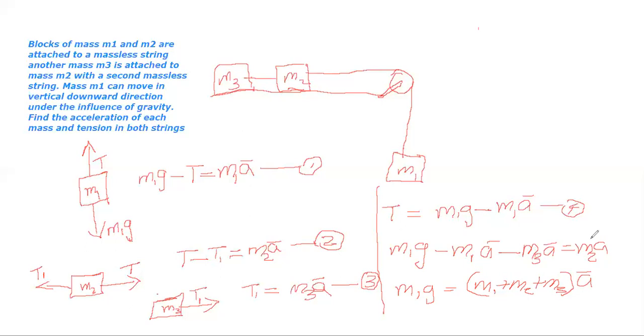Or the acceleration can be written as a is equal to m1 divided by m1 plus m2 plus m3 times g. So that is the expression for acceleration